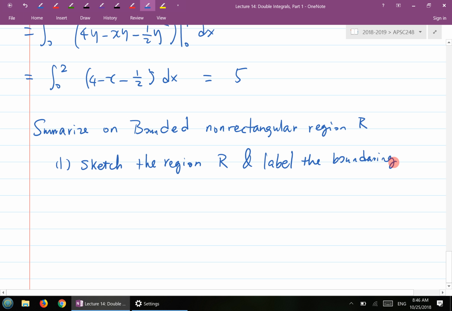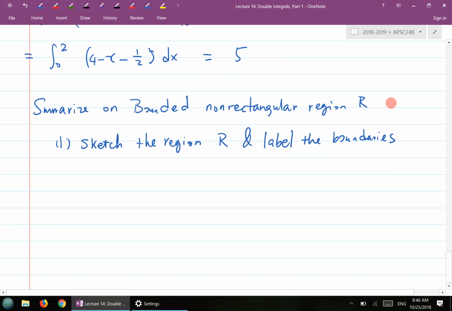So when region R is being given to you, you probably say, okay, region R is a region between this function and the other function. So when you sketch, you also label the boundaries. Basically, label the functions corresponding to the boundaries here. For example, we'll see region R